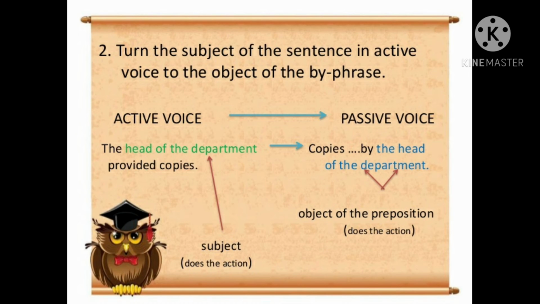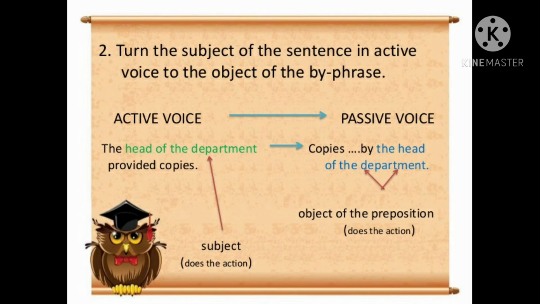So the next one, in the active voice, the subject is the head of the department. Now if we change into a passive voice, this head of the department will change into an object. Okay, children? So in the first step we find out the object, then change it into subject.